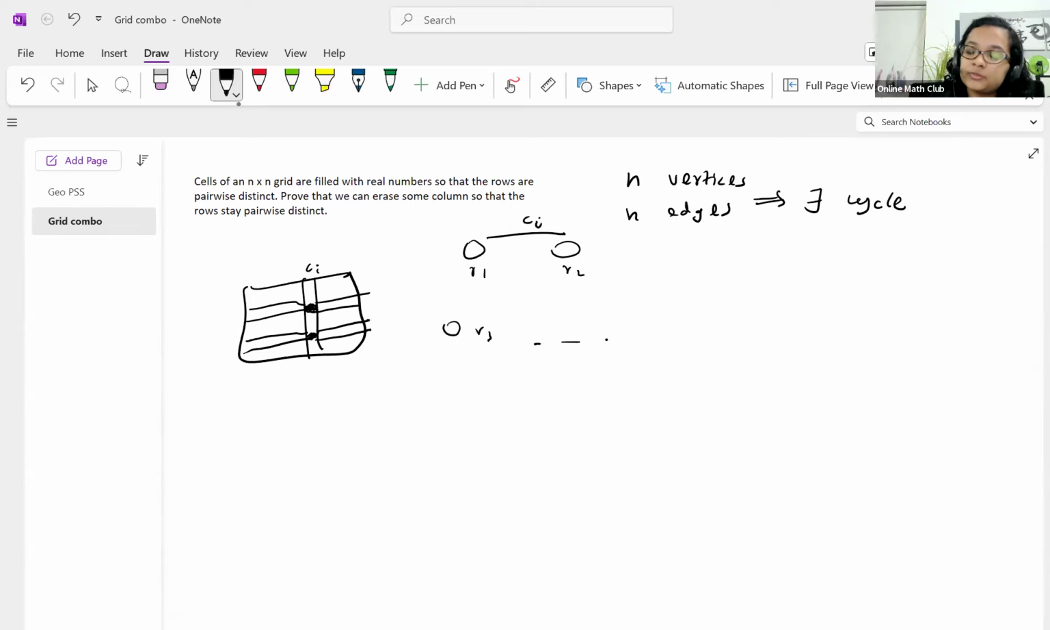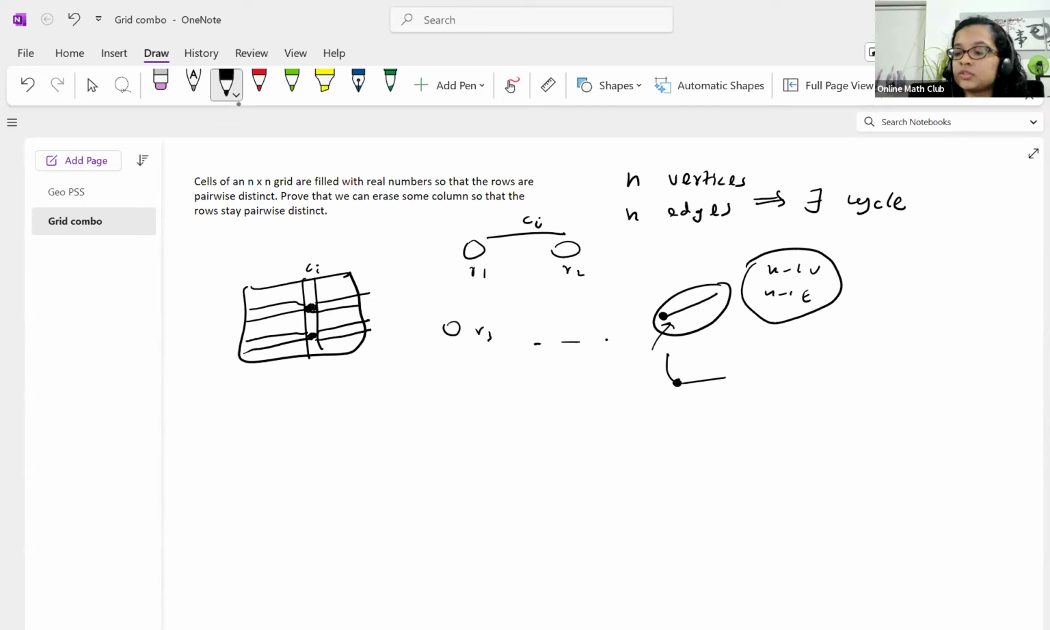And the proof of this, you can do induction. If you have some vertex that has degree 1, you can delete it, and then you'll have n minus 1 vertices and n minus 1 edges, and you can use induction. If there is no such vertex, that means every vertex has degree at least 2, which means you can just